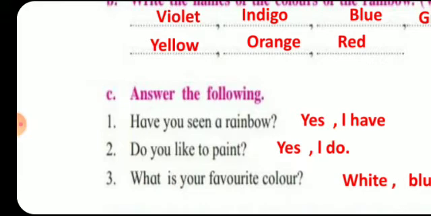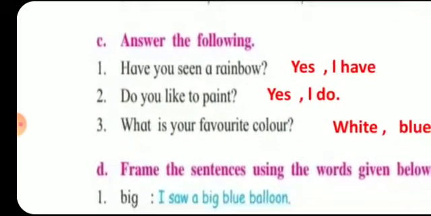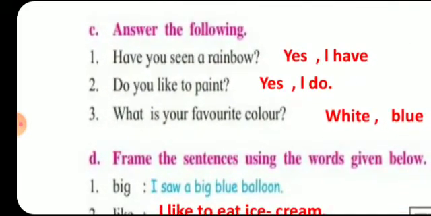Then after that we will put a comma. So the question is asked to you. So when I am talking about myself, what will I write? Yes, I. The question starts with have, H-A-V-E, have. So I will write yes, I have. Okay. Now see the next question. Do you like to paint? Yes, we all like to paint. Yes or no? Yes. So we will write yes, put a comma, then I. The question starts with do. So you will write yes, I do, then put a full stop.